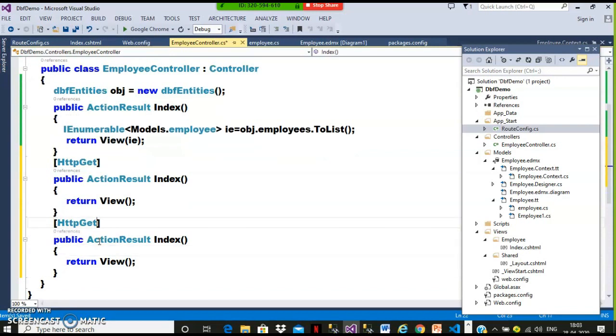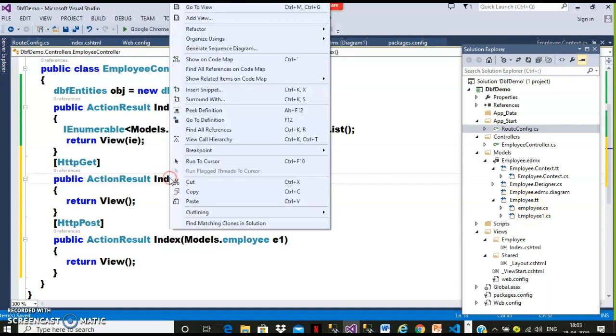When the request is going to the server by entering a URL or hyperlink, then the get method will execute. And if the request is going when the user clicks on any submit button, then the post method will execute. For this post method, I will pass the input as the model class, entity class, Models.Employee e1. Automatically this Employee class is generated now. That is only your model. No need to again create any separate model class.